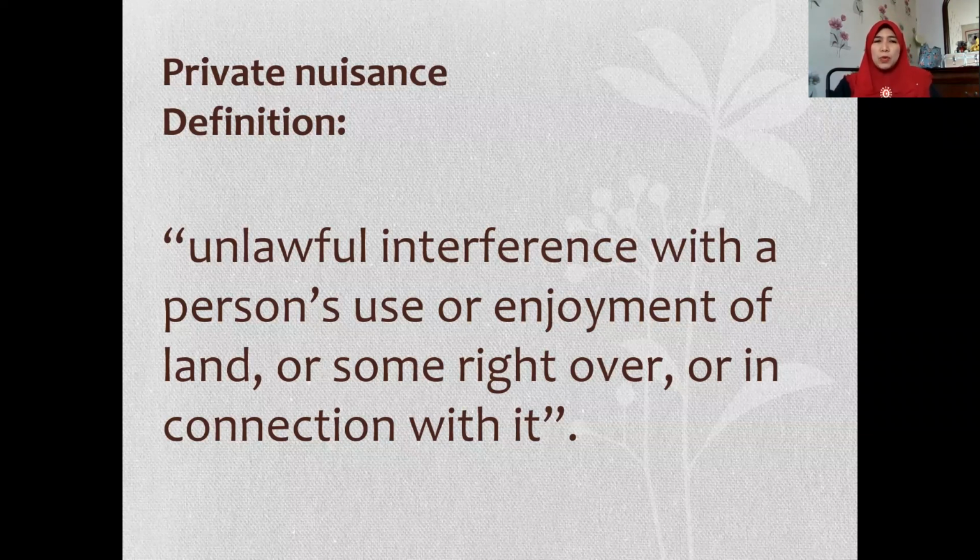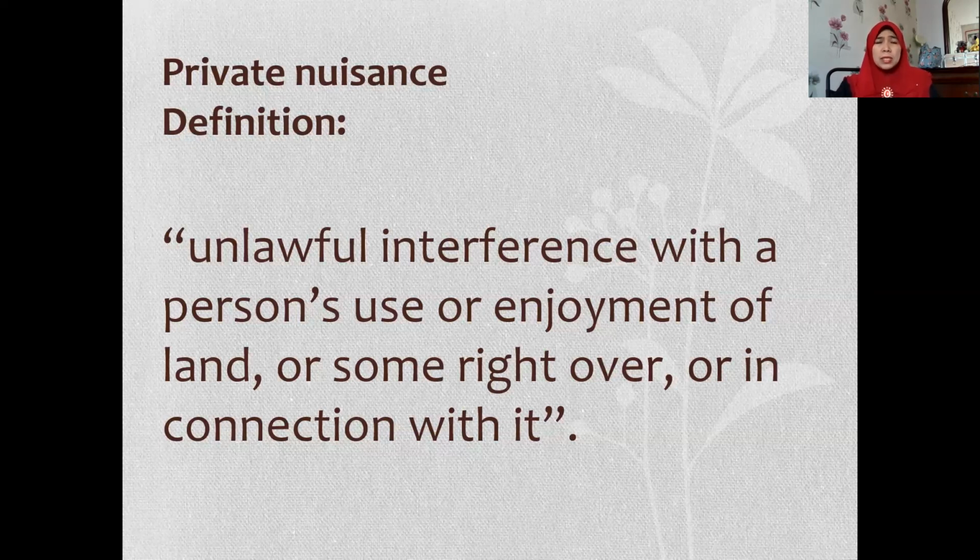So in the first part, we have covered the definition, the comparisons of nuisance and other torts which are quite overlapping or similar. And then we covered as well public nuisance, especially the definition, the elements, and some of the cases. So for part 2, we are going to focus on private nuisance and also the elements required to prove the case under private nuisance. So we'll start with the definition.